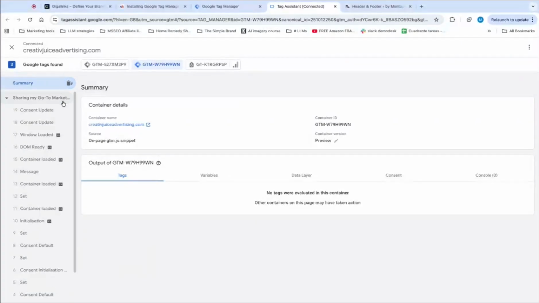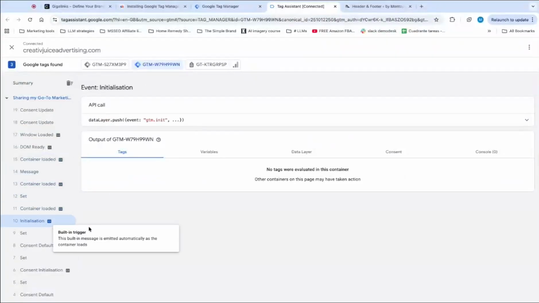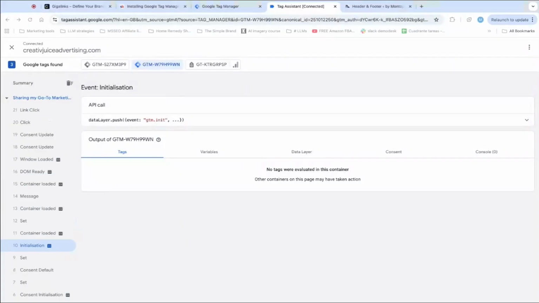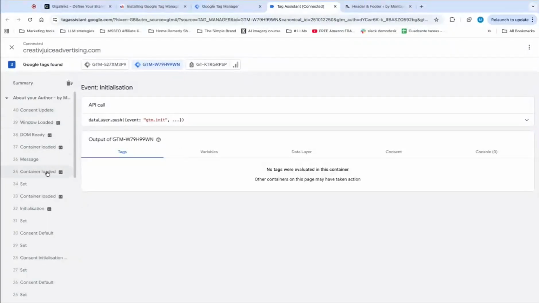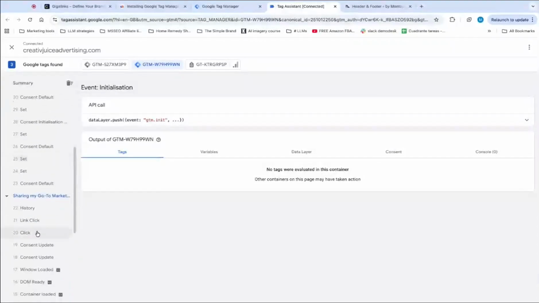But anything that happens in the website, you will see on the left side. These are all the back end things that are happening on the website, and thus you can see this. And every time I would click on a button, for example, a new action would come. So now you can see link click, etc. Consent update. I'm going to go back to that link click, and I'm going to